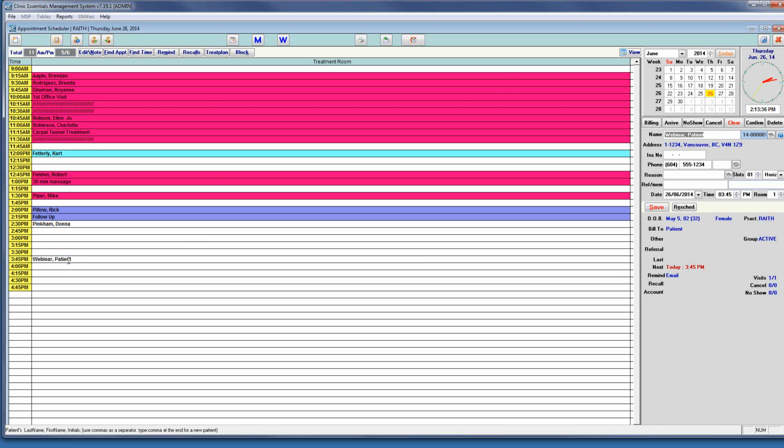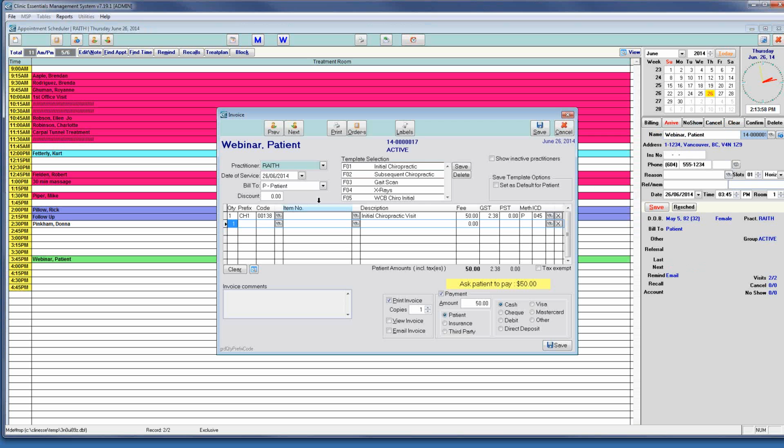Now, when the patient comes in, you just click on their name. You can see that they're in here on the right-hand side. And if you hover your mouse over the billing button, you can see that there's preset F-keys in there with all the things that you could choose from to bill this patient. You can choose to just push the F key on your keyboard as well, and it'll do the same thing. So if we click here, we go. Here comes up the invoicing screen, as well as your template of all your F keys,